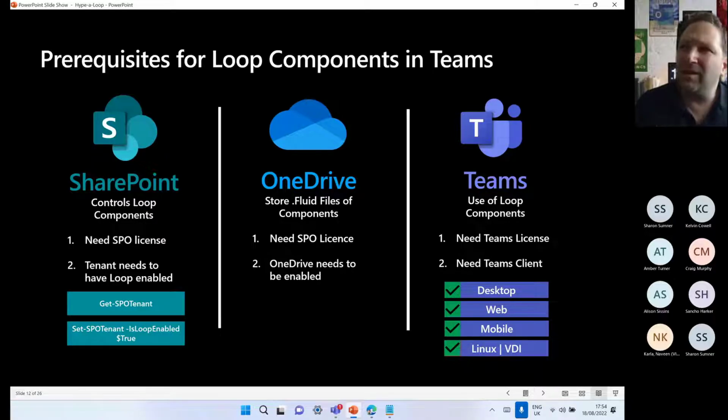Number one, we need a SharePoint license and a SharePoint that ultimately controls the loop components. You can see Set-SPOTenant IsLoopEnabled true. By PowerShell, you can turn Loop on or off. Most people will have Loop enabled equals true because Microsoft have set it to on by default, but a user